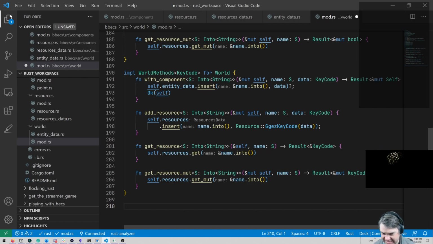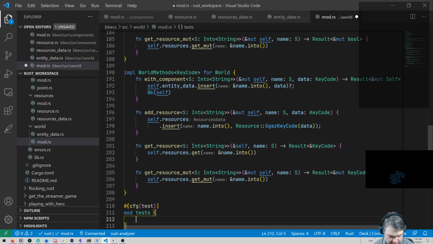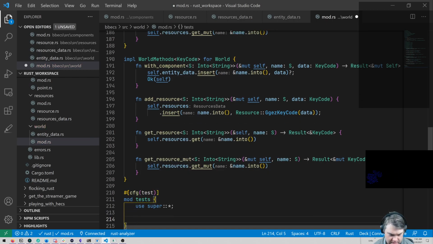We can repeat this test for each type that we add in. So if I do this with config test, let's see if we can have a mod test. And then